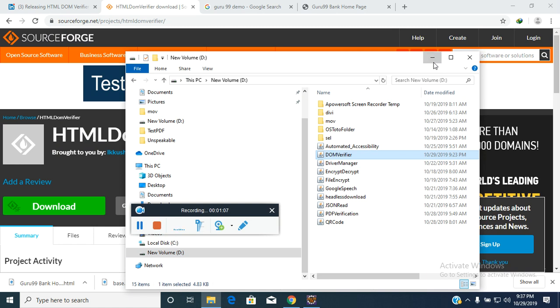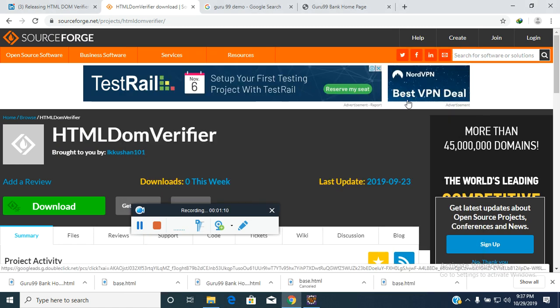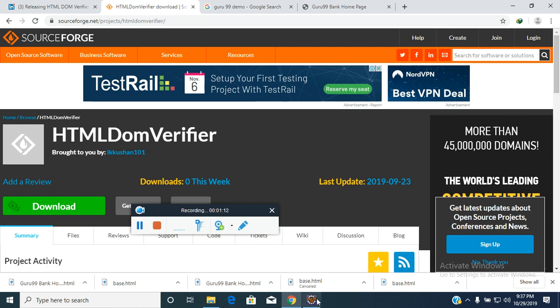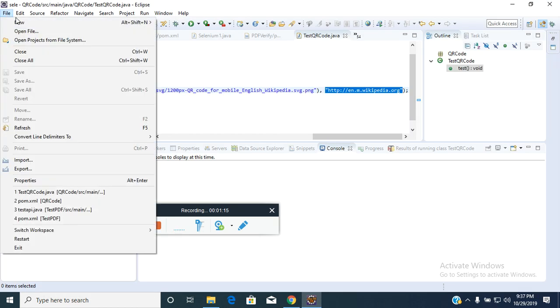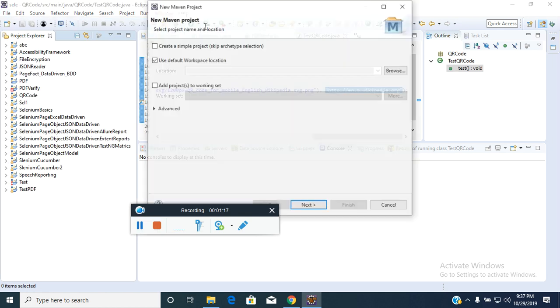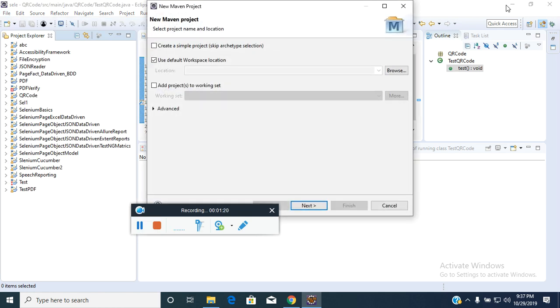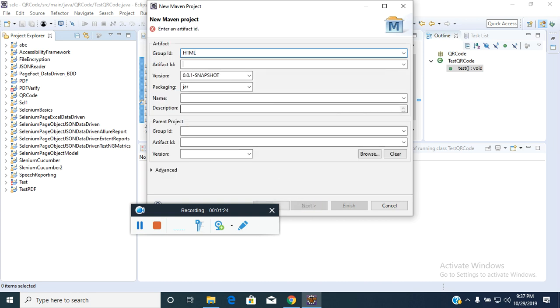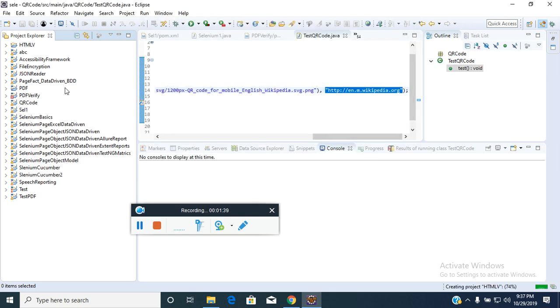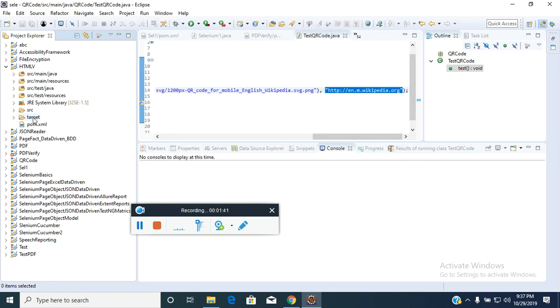So my next step is to create a Maven project. You just have to go and create a new Maven project, create simple project, and put the name as HTML verifier. Once we see the project is created,